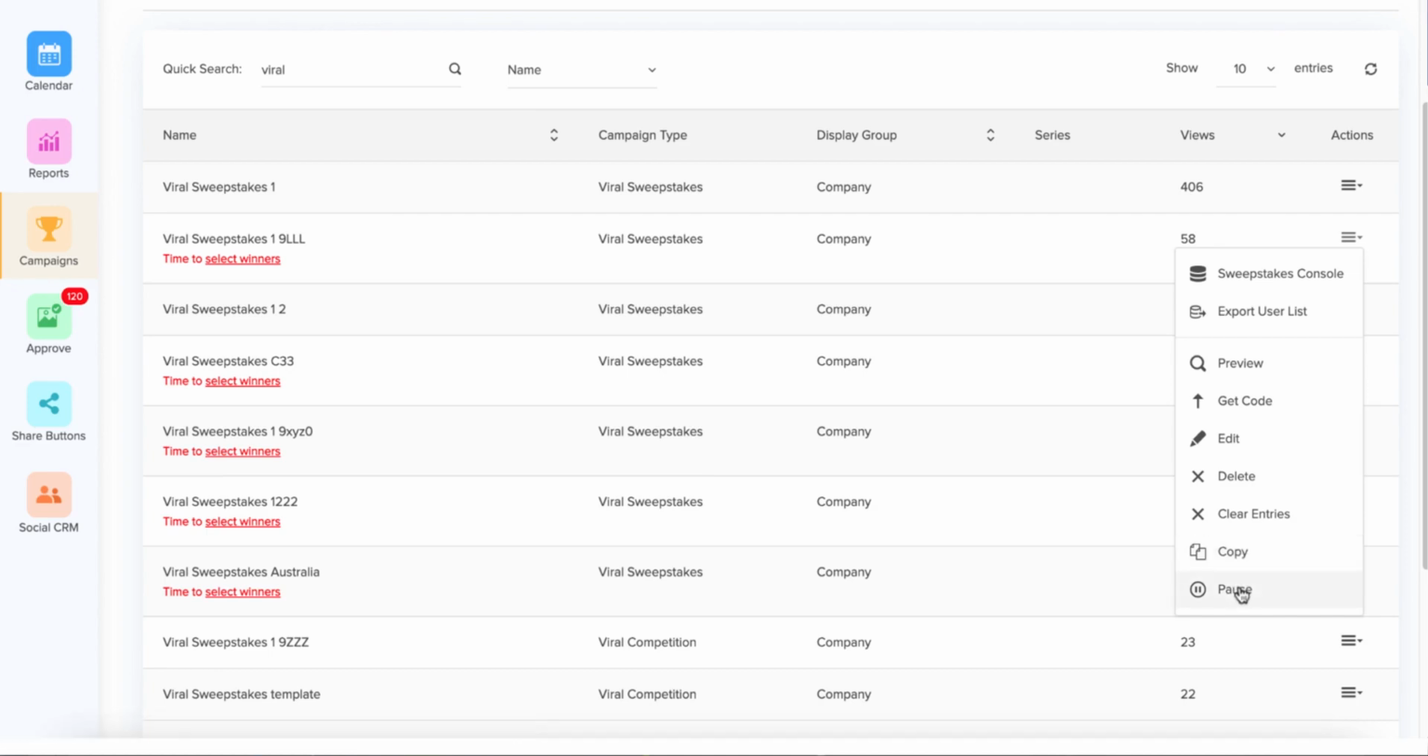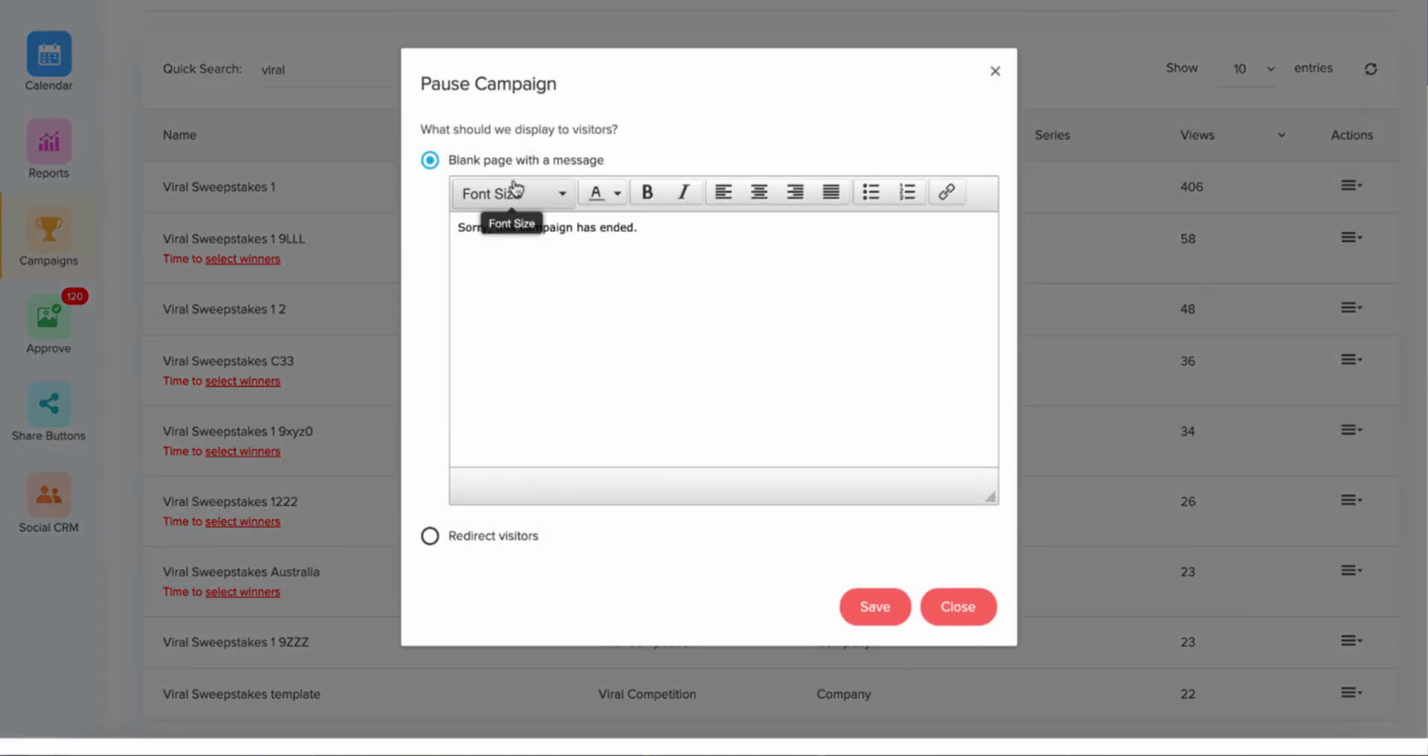You can always pause the campaign as well. And this is interesting because you've got a couple choices. When you pause a campaign, you can have the microsite URL display a blank page with a message. This isn't really necessary usually, but if for some reason you need to pause it in the middle, you could